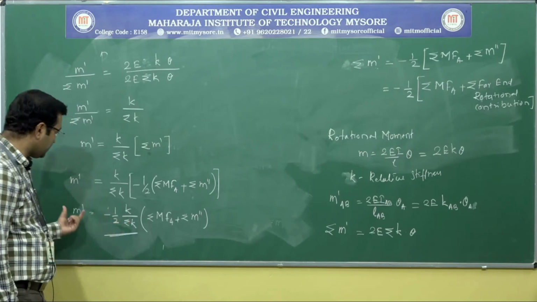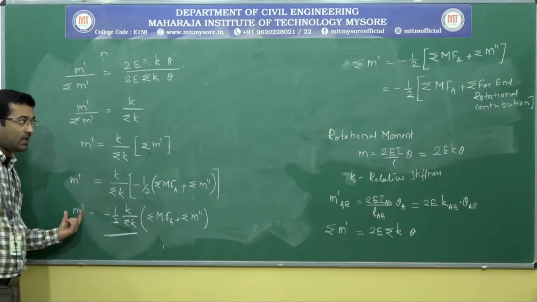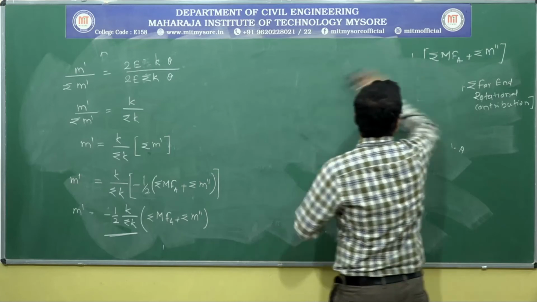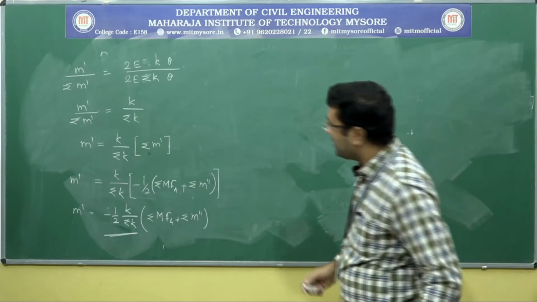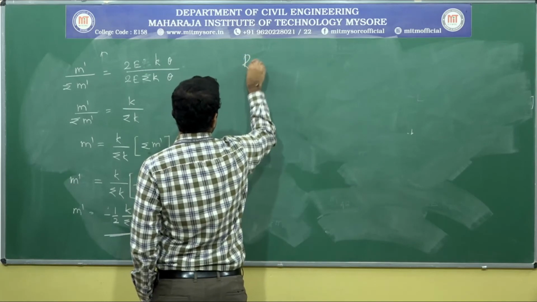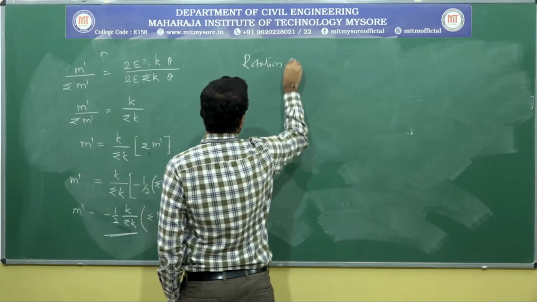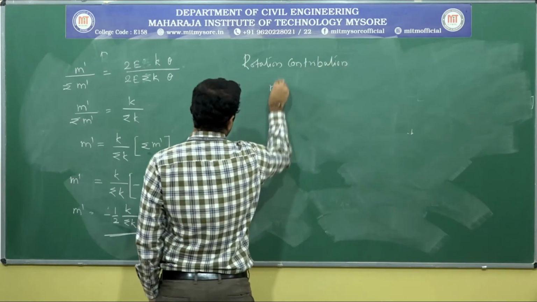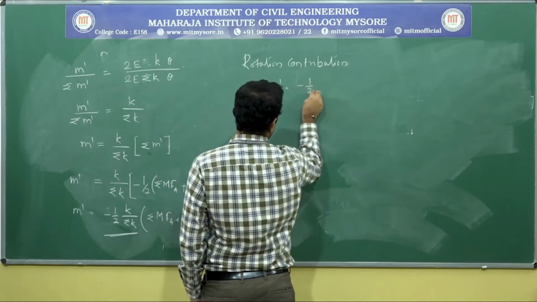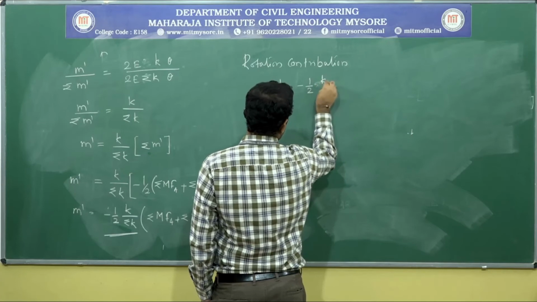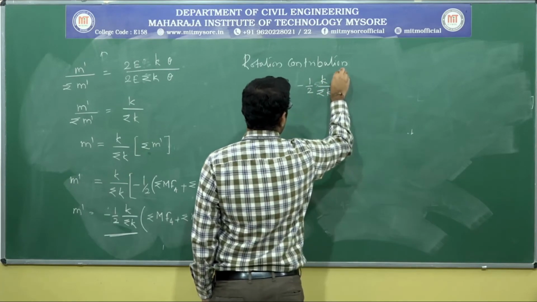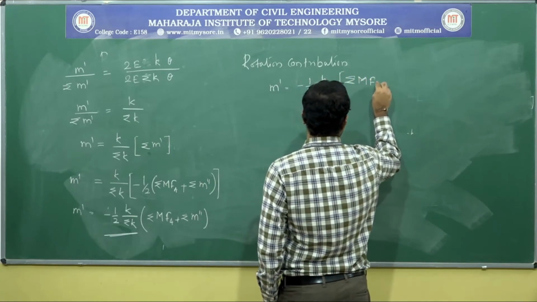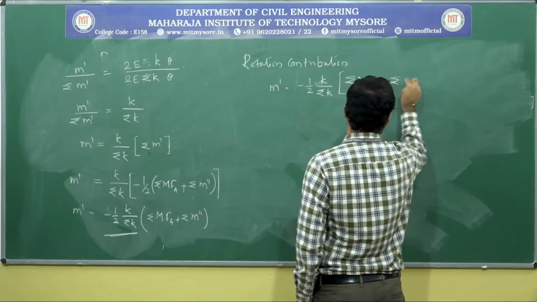Based on the rotational factor, we will develop how much the rotational contribution is. Therefore we come out with an equation to determine the rotational moment or rotational contribution: M dash is equal to minus half of K by summation of K into the summation of fixed end moments at any joint plus the summation of